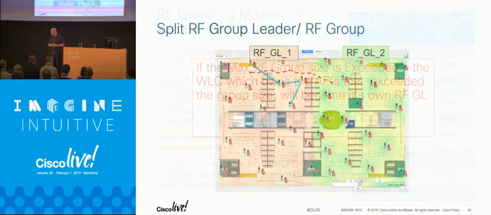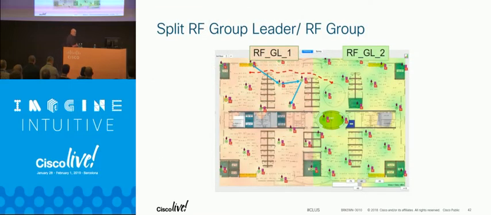Certainly does now. How many of you are using Fastlane or turning on 802.11k and v? Okay, this becomes relevant and important again because if you have an RF group split, then you're no longer neighbors with that AP that's sitting next to you. Now this works out fine in RRM because we calculate rogue info. We're still looking for open channels and it will balance out.